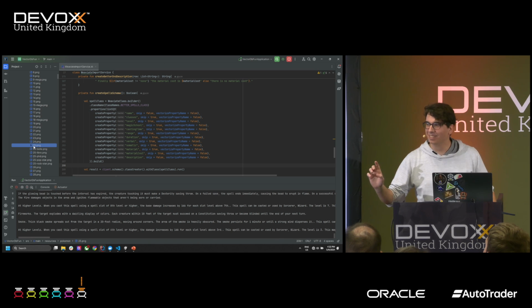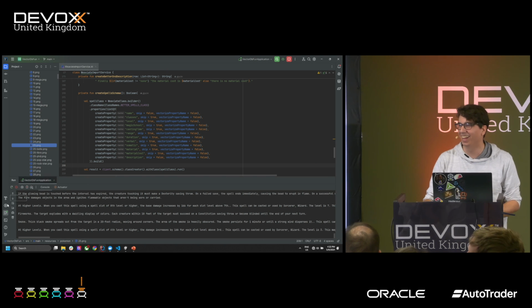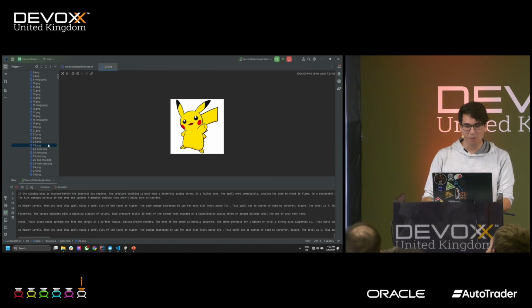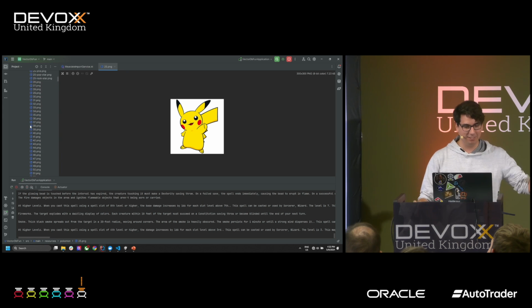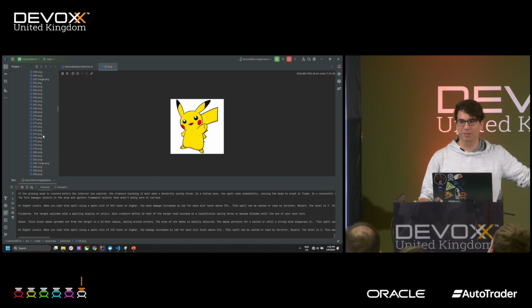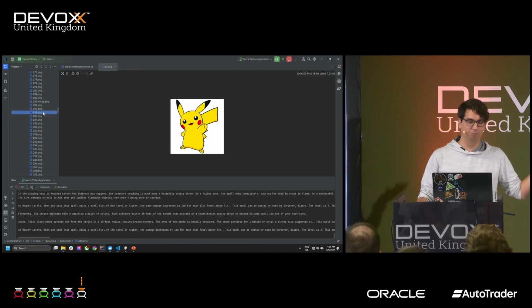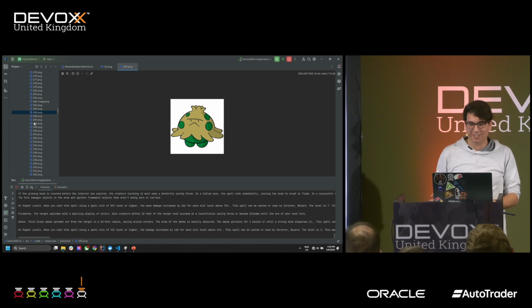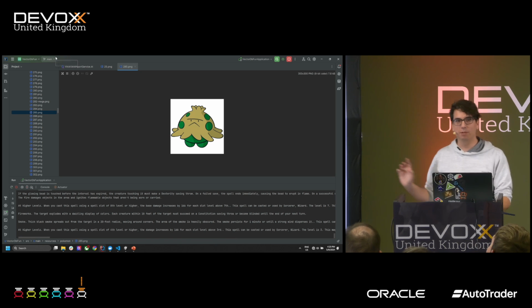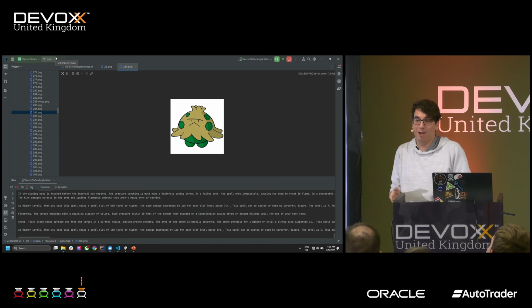No, you have to guess. But it's Pikachu. Everybody should know Pikachu, right? It was crazy. I did this at another conference. There was a guy who could go all the way down to 200 something. I was like, okay, what is number 285? Does anybody know what this is? I'll believe you.